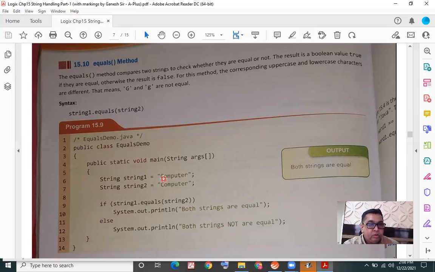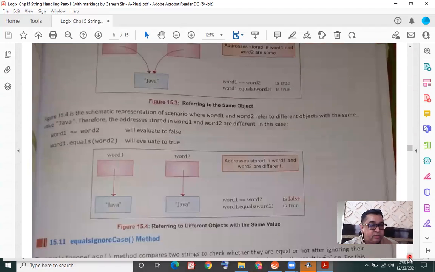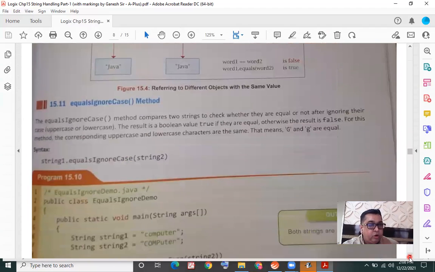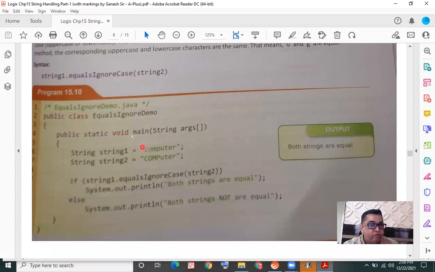Along with this, I'll briefly introduce you to the other method we're going to do after this, that is equalsIgnoreCase. This will compare the two strings but it will ignore the case. So if the case is different, it would be okay for this method. So these two examples we are going to do now.